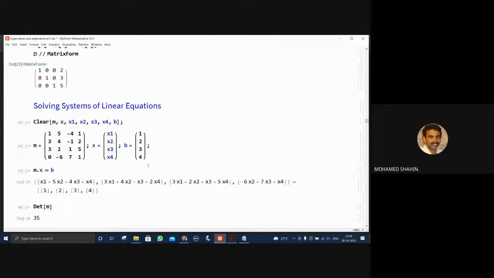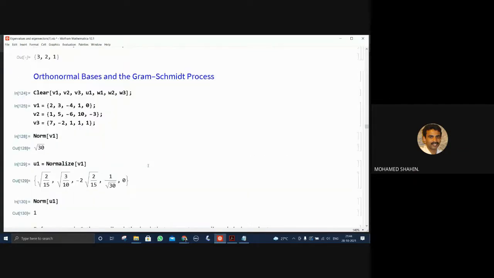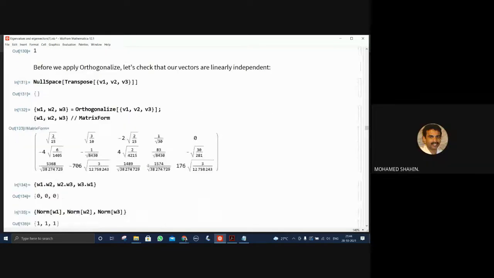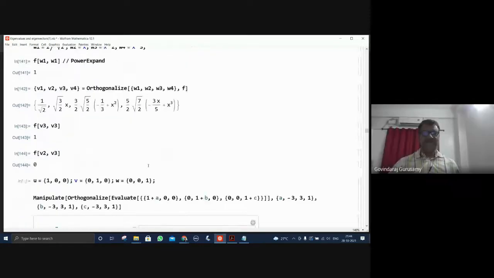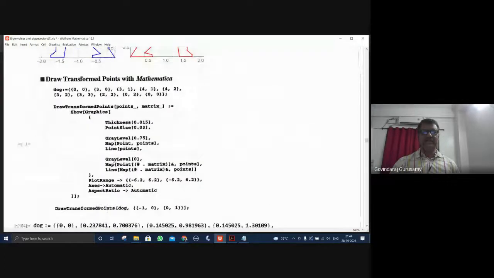Sir, whatever you showed, we did not learn before. Yeah, that's right. Because we are limited to 3 dimensions, but you can visualize 4, 5, 6, n-dimensional vector space, because functions are orthogonalized and functions behave as vectors, and their orthogonalities can also be understood. And then you can see the engineering and technological applications of this.